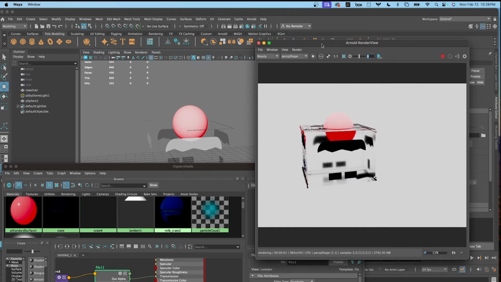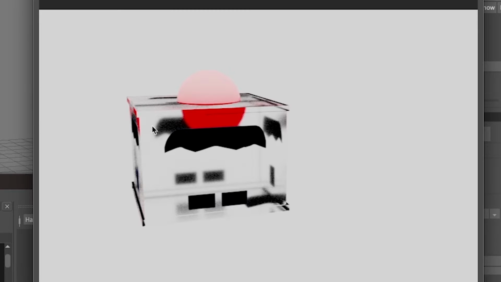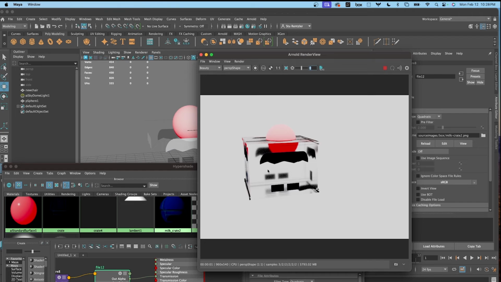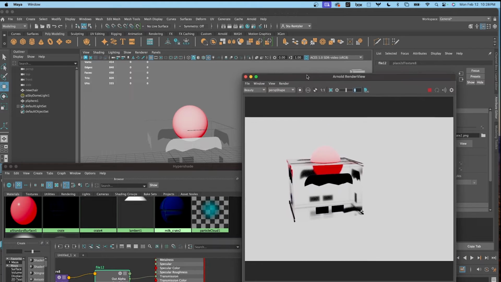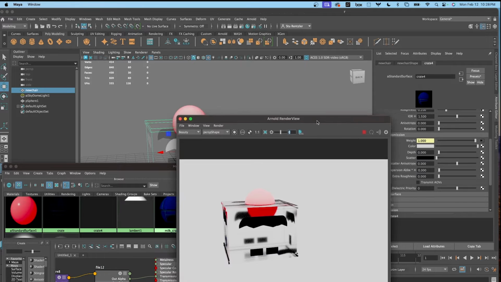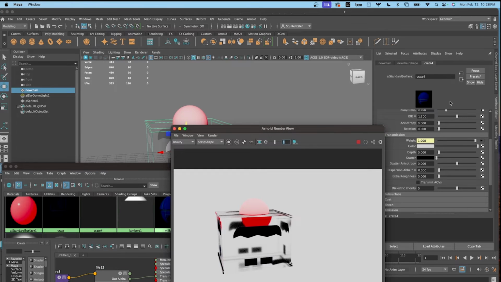selecting the Milk Crate 2 PNG, and clicking on Open. And when you look at your file, it's like, oh, what the heck happened? Interesting effect, right? Kind of looks like an ice cube piece of frosted glass. First, we're going to turn down the roughness on this. So selecting this material again,